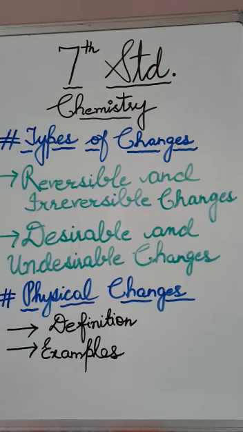And on being heated, sugar gets charred. Charred means what? Like when the sugar crystals are burned continuously, they ultimately turn into a very black mass. Okay, and this black mass is made up of the element carbon. You will be studying about this in your higher classes. So basically here we must know that we cannot get back sugar crystals from this black mass. So it is an irreversible change.